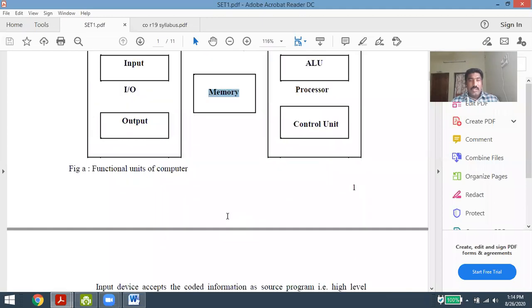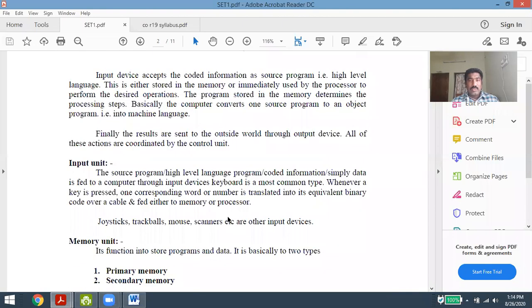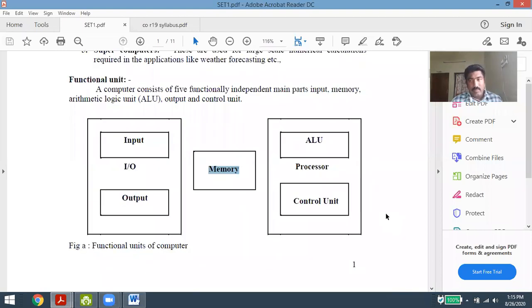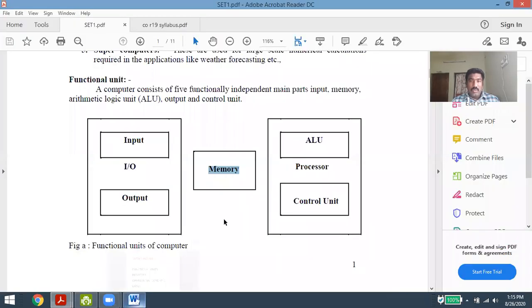Now let's go to one simple concept. What do memory systems contain? In this functional unit itself, I am defining my second agenda, that is registers. What is meant by a register? You know we are using memory disks, memory components, or memory chips. Let us take your hard disk or any other memory component. What does a hard disk contain, or what does your memory card or microchip contain? A microchip is nothing but a memory storage component. Every memory storage component, whether a primary memory or a secondary memory, is a combination of registers. A group of registers will form our memories.